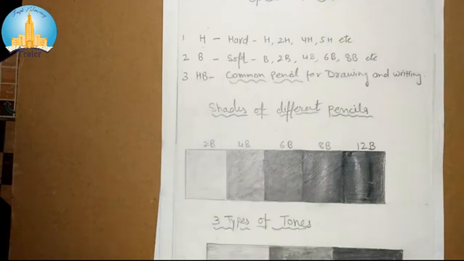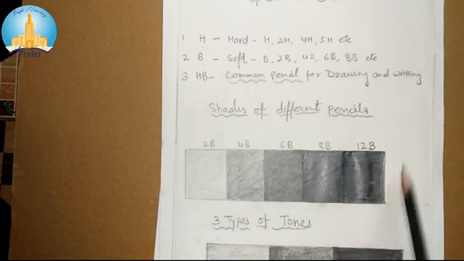Okay, now come to the next. So, shades of different pencils. I have already explained to you about the different stages of different shadings, right? And it all depends on the pencil and the pressure you put with your hand, right? So have a look: 2B, 4B, 6B, 8B, 12B. There is a 10B also, which is missing, I think. Why is it missing? Because 12B and 10B are almost the same shade, we can get it from one pencil also, right?